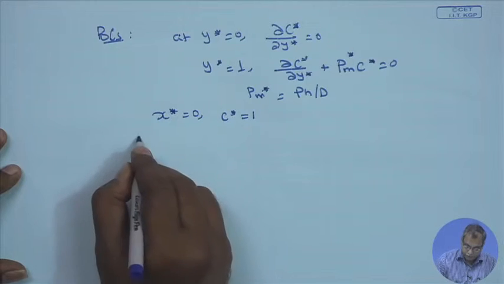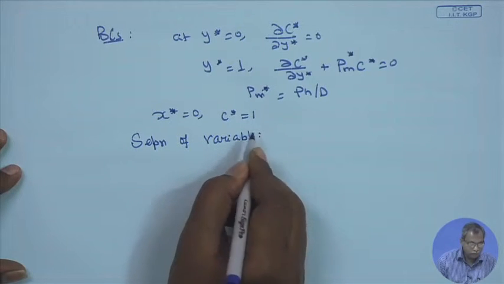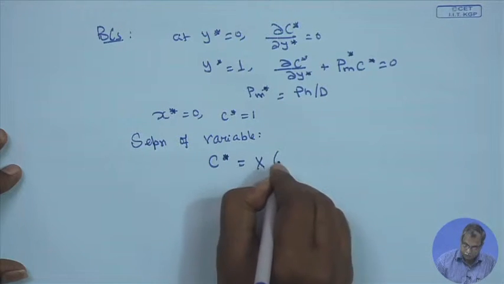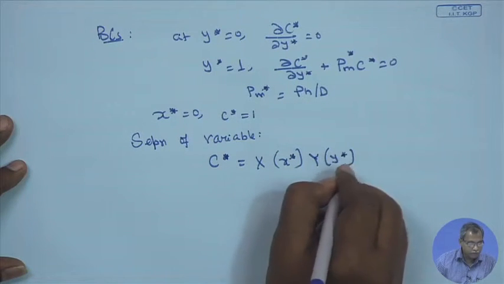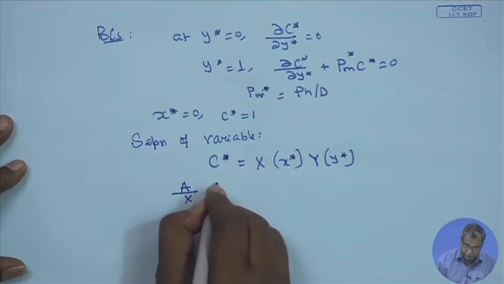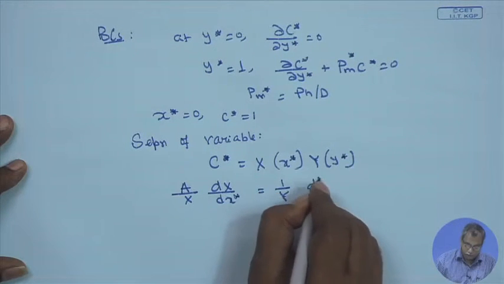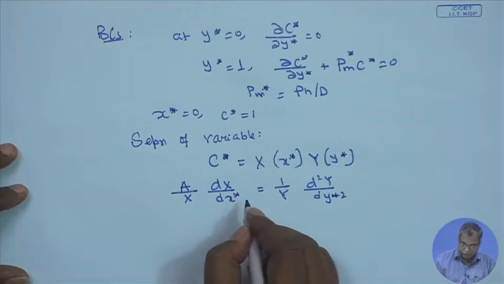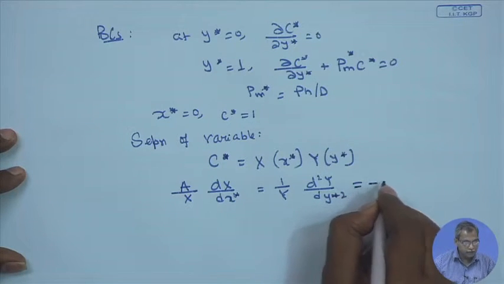Now we can use a separation of variables type of solution, and we can assume the concentration to be a function of x alone times a function of y alone. If you do that and put it into the governing equation, this will become A by X dX dx star is equal to 1 over Y d square Y dy star square. The left hand side is a function of x alone, the right hand side is a function of y alone. They will be equal, and they will be equal to some constant. Let us say this constant is